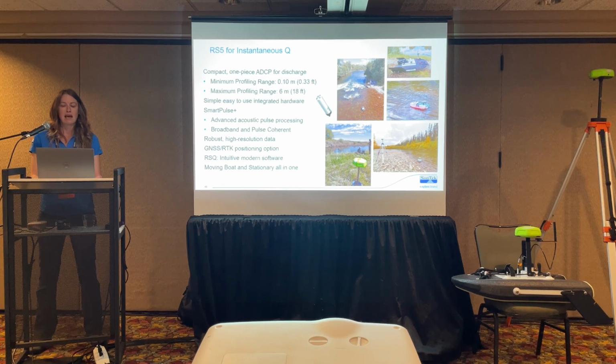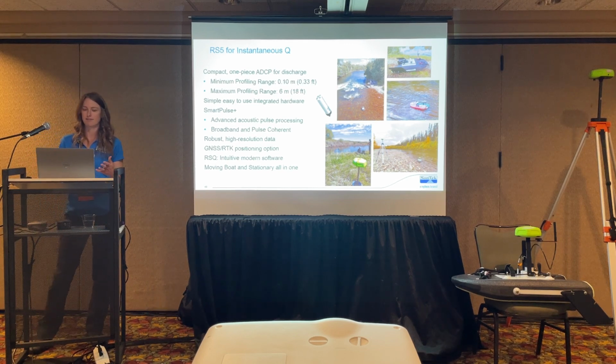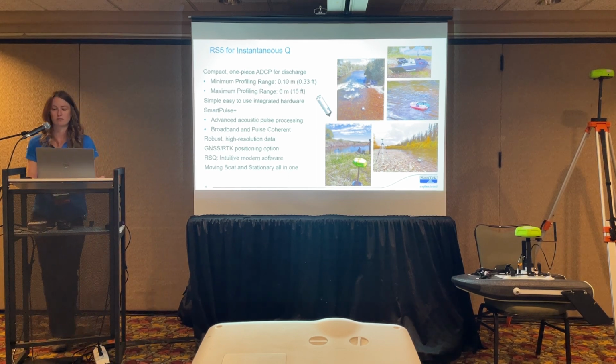And then both of these ADCPs, the M9 and the RS5, they have what we call Smart Pulse, which I'll talk about on the next slide. But basically, they're using different pulse techniques to get you the best velocity data possible. And as I've talked about, we've got different GPS options. And with the RS5,